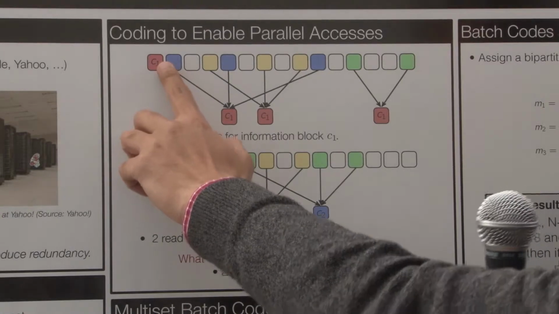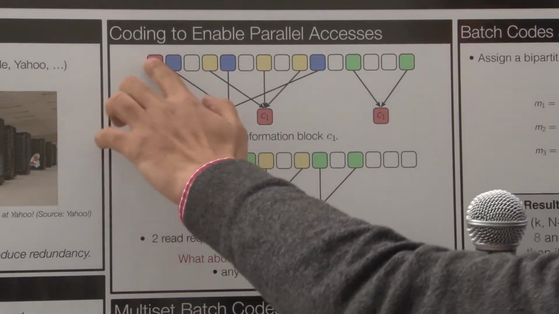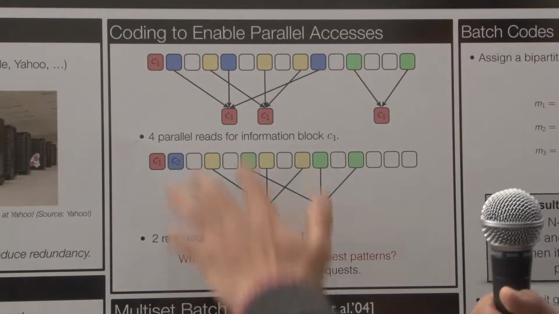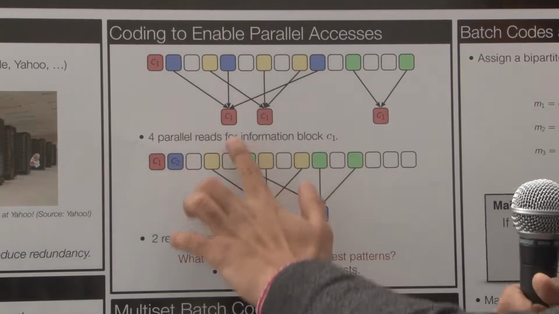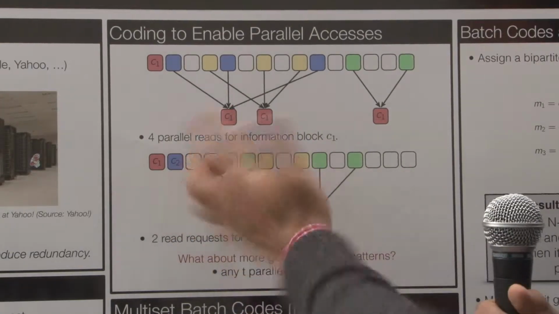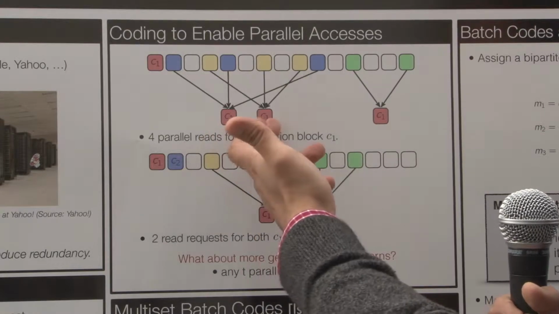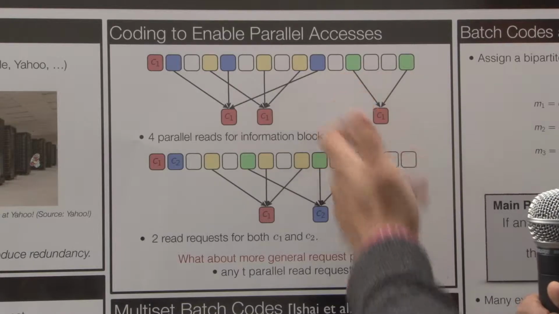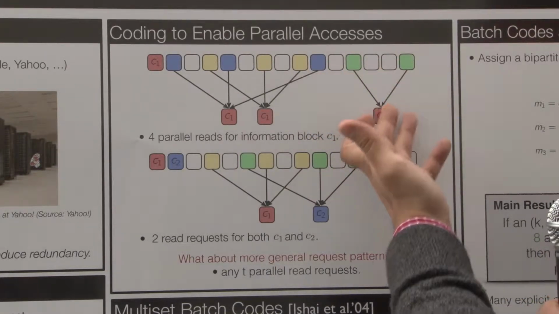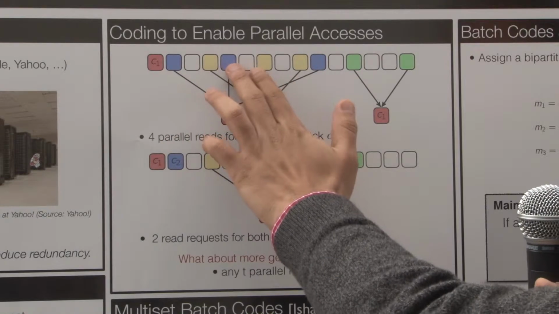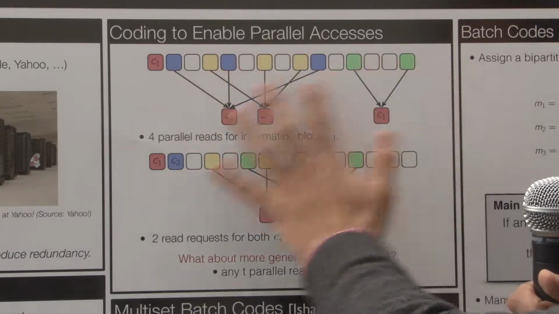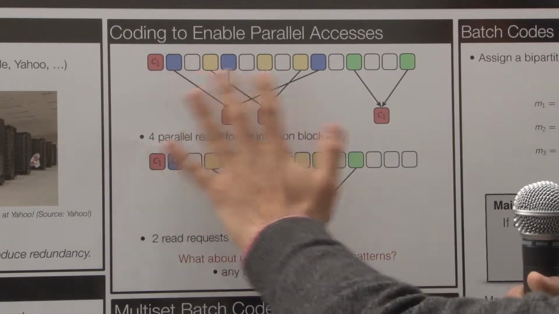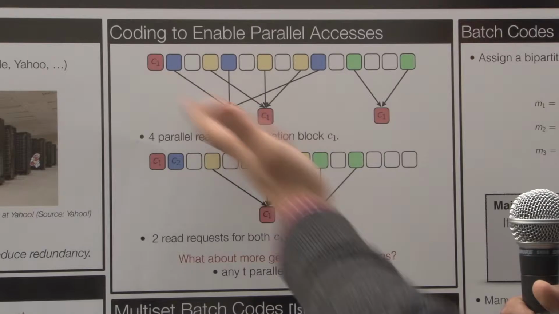So the first guy can just go here and get C1 from here. But now this node is blocked because it is serving the first user. And imagine your code has this structure where these blue nodes allow you to get C1. Then the second guy can go and get C1 from here. And now let's say these yellow nodes also allow you to get C1. So the third guy can just go and get C1 from these nodes. And let's say these green nodes also give you C1. So the fourth guy can just get C1 from these 2 nodes. And note that all these node sets are disjoint, that means the ways you can get C1 access disjoint sets of servers. So you can do these 4 accesses in parallel.